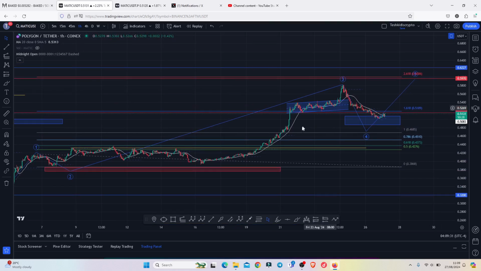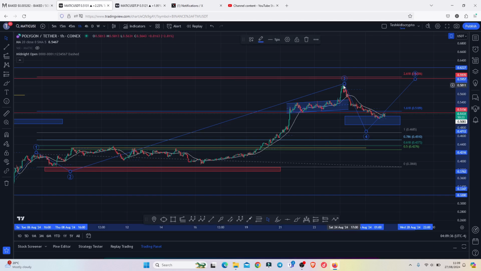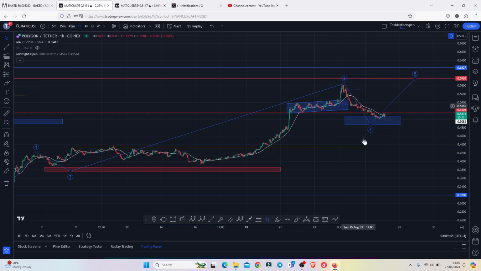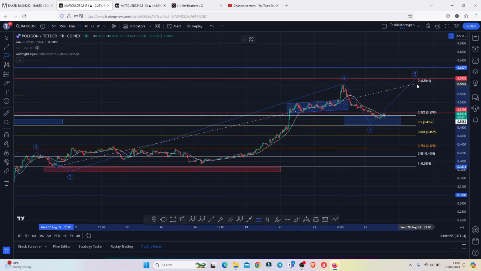0.5189. We saw a bit of an extended move to the upside in this wave 3, giving us a high above the 0.5823 before we started a corrective structure over here in what I am now terming as the start of a corrective structure in the formation of these Elliot count 4, and its minimum target areas can be given by connecting the Fibonacci's from the low of the second wave to the high of that Elliot count 3, giving me a